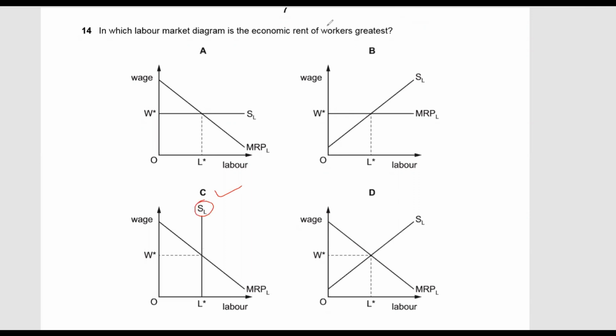It means initially, worker is earning OW, let's say this is point E and this is L star. So original earning of an individual is OW star, EL star. So this is total earning. If he leaves this job, since he is specialist worker, he can do nothing instead of the work he already is doing. So whatever he was earning will be treated as economic rent because his total earning from next best alternative job will be zero.